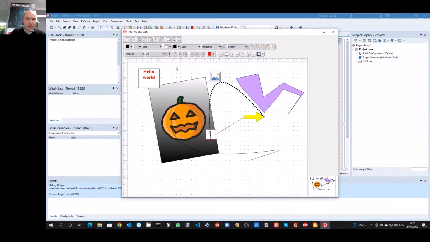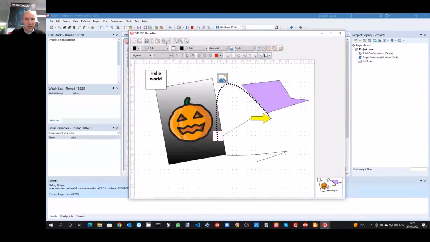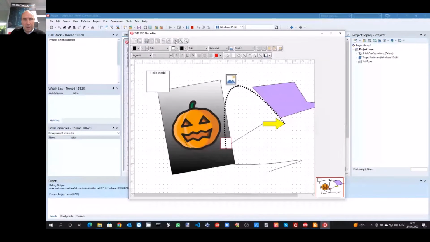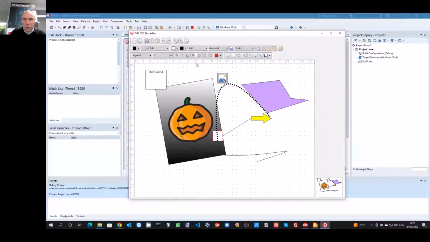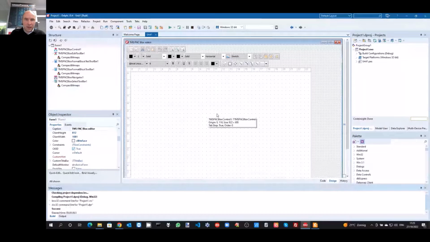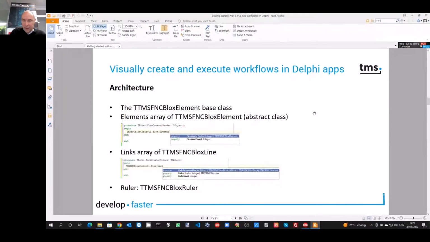There's also automatic undo and redo. So all the changes that I did, I can undo. There's also zoom control here directly from this toolbar control. All of this you get without doing any coding. It is all available out of the box. So that is an introduction to what's available in the standard blocks controls, and also when you have the toolbars that come with the FNC UI pack.